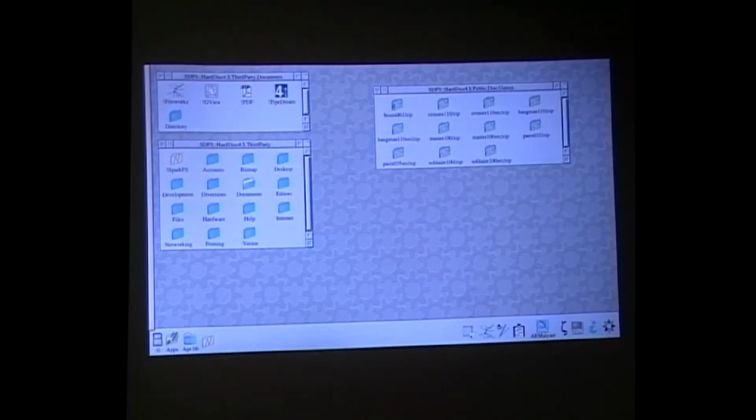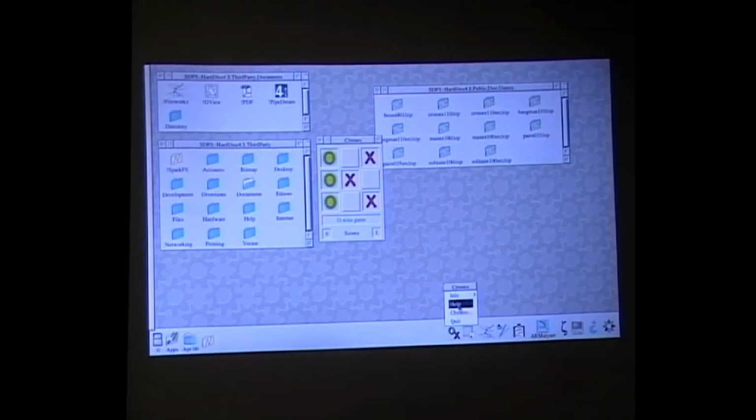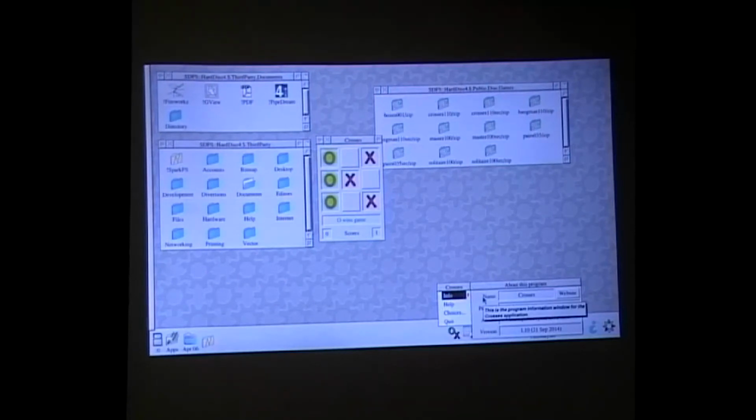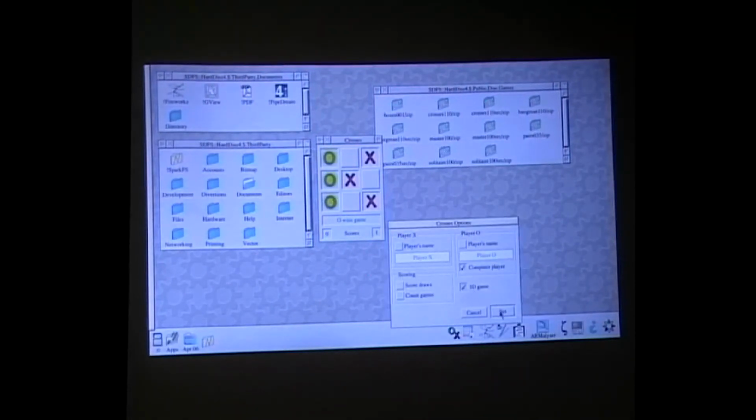And the results were these, I hope. Crosses was the first kind of victim. Computer player's on by default now, and it shows the winning line as well. It's become a bit more style guide compliant. Windows look a bit more modern. It also has gained a 3D game,